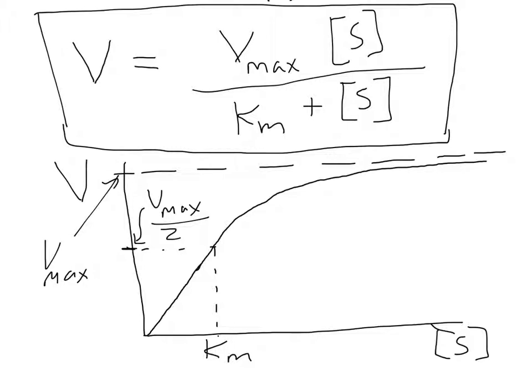So that is what we call saturation conditions, when 100% of the enzyme is bound by substrate. Now, in those conditions, the limiting rate, or the limiting factor in the rate, is how fast the enzyme can catalyze the reaction,